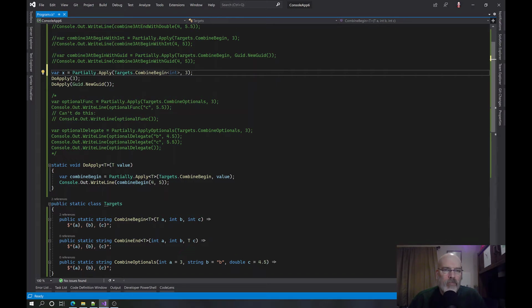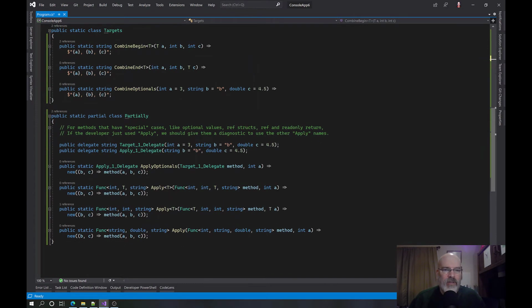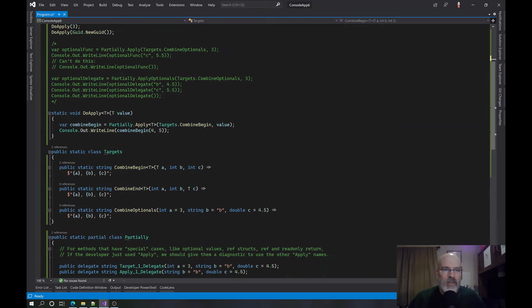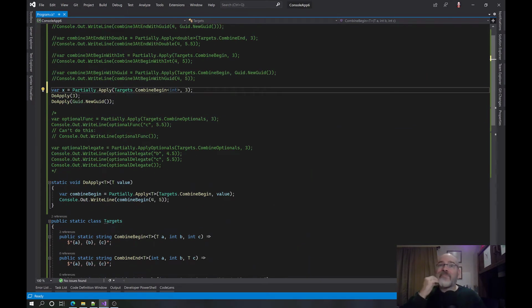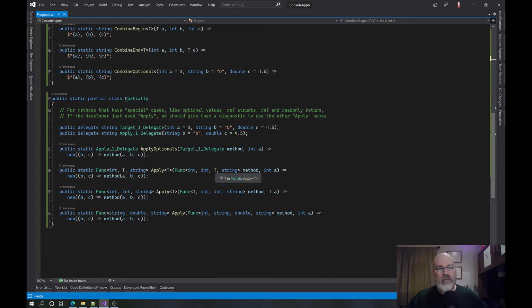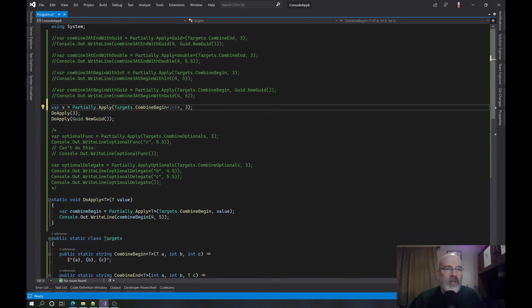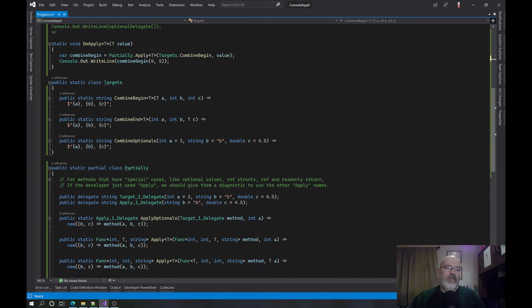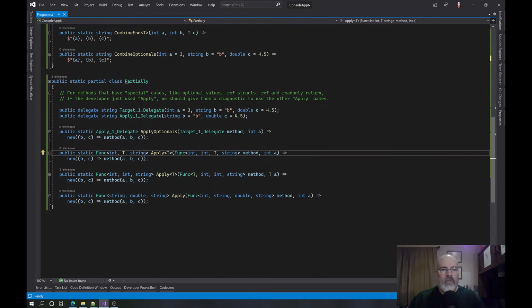You're saying that this could have been not just a func of T, int, string. It could have been just, I could have declared it not down here as open here. Okay, which is fine. I know you're all kind of like, what in the world are you talking about? What I'm getting at is, what I could have done in this case is